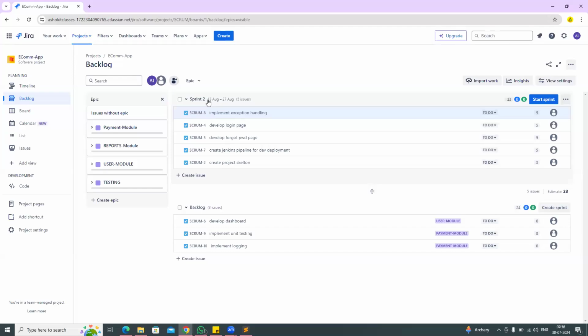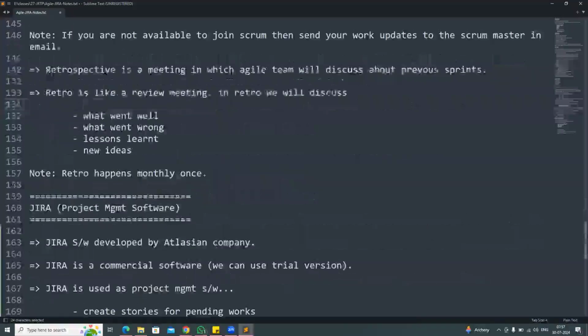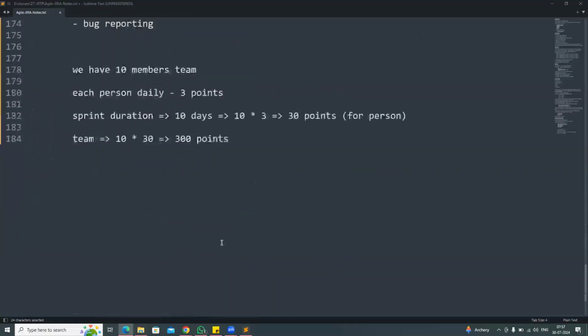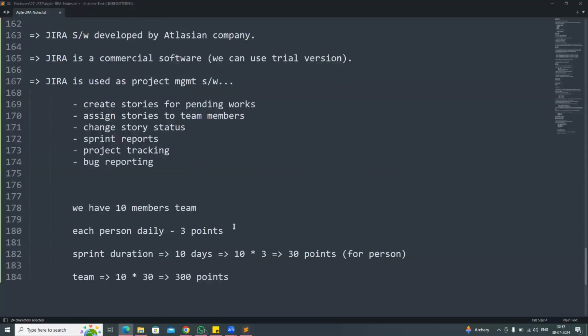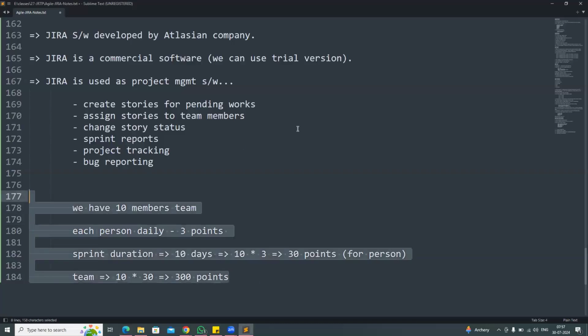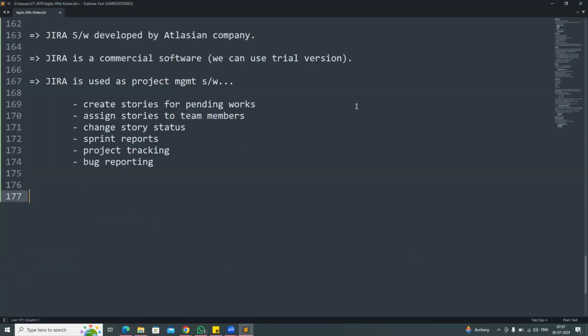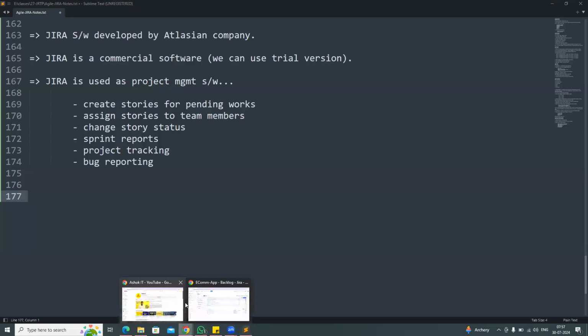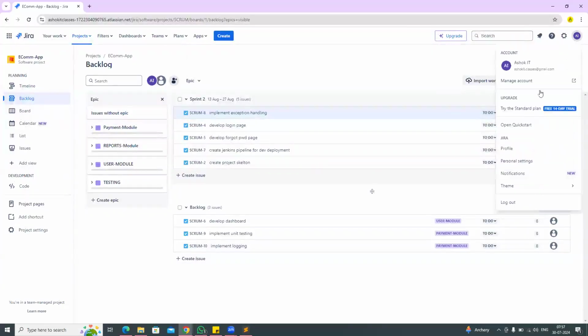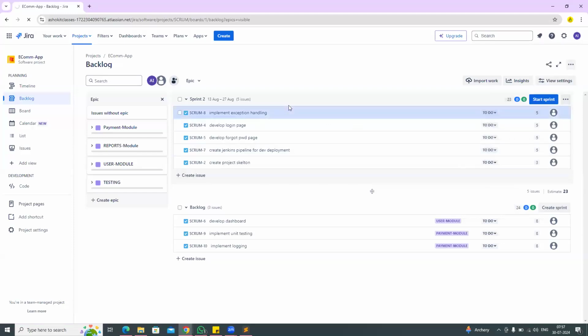Okay. Yes, perfect. So when we are working in the team, as I discussed, if you are not available to join for the scrum call, you need to send work updates to the scrum master through email. Okay, so today I want you people to practice this Jira tool, guys. You need to go to the official Jira